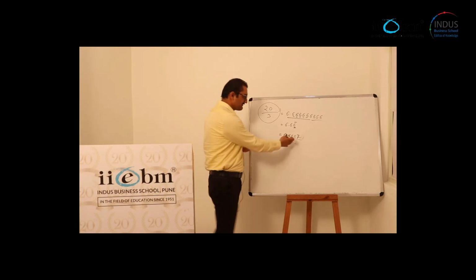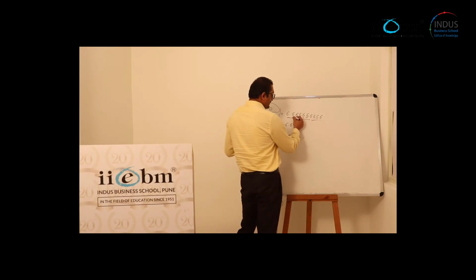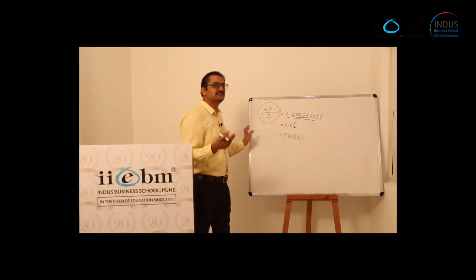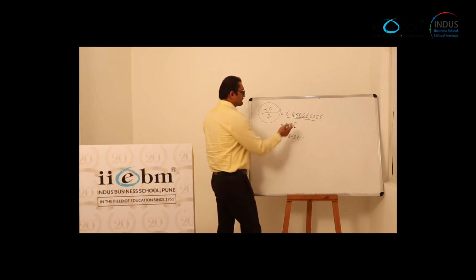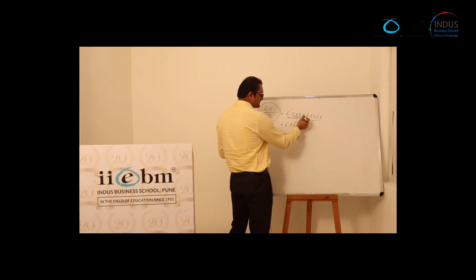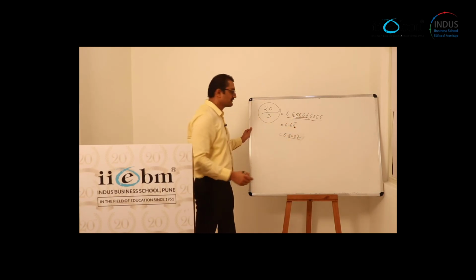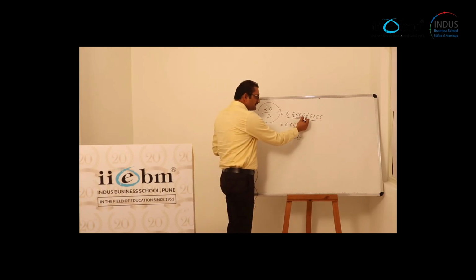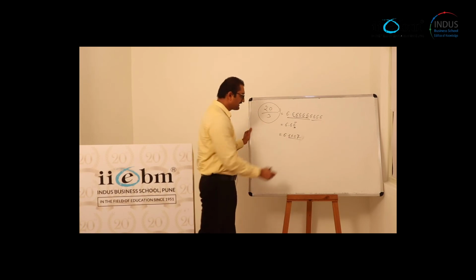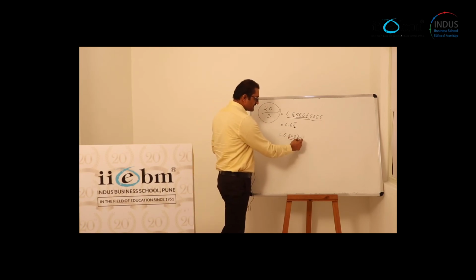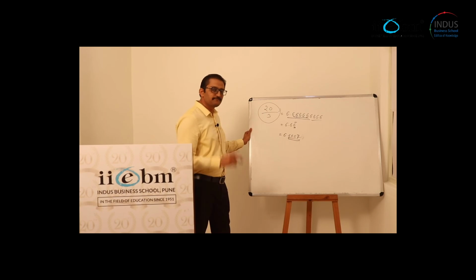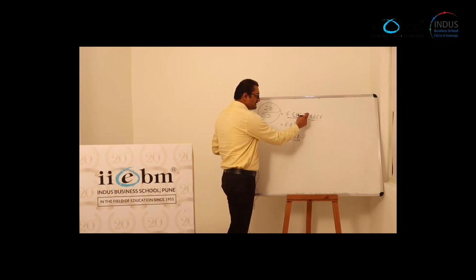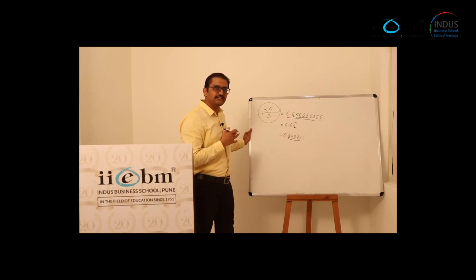Now how does this become 7? If you are able to recall, you must have learnt this in school. If my next number is more than 5, then I have to add 1 to this particular number, and I can represent this number as 6.667. If my next number is less than 5, then I can ignore that number.